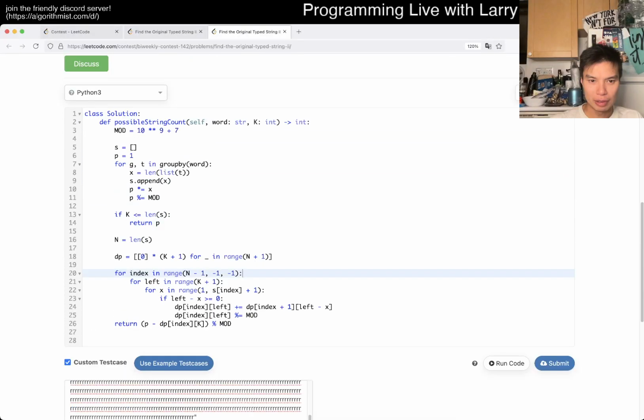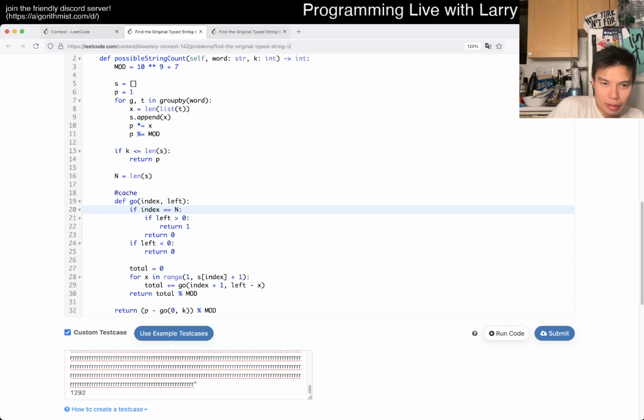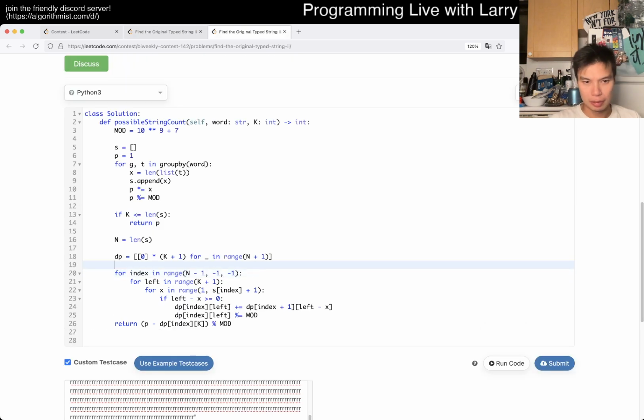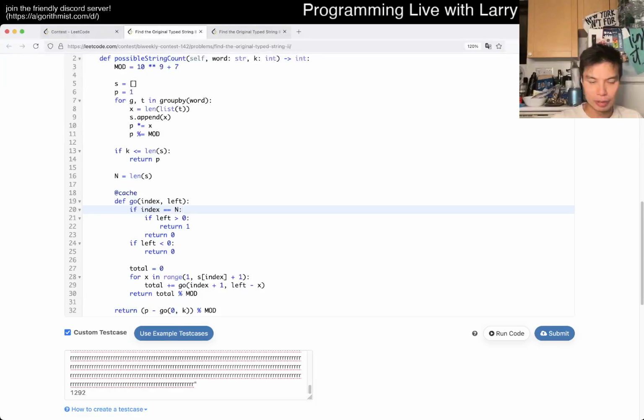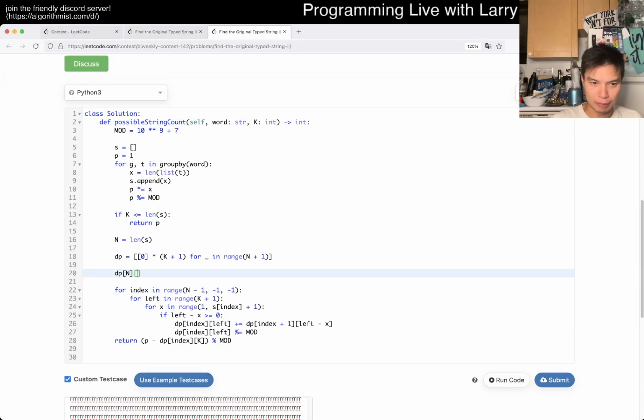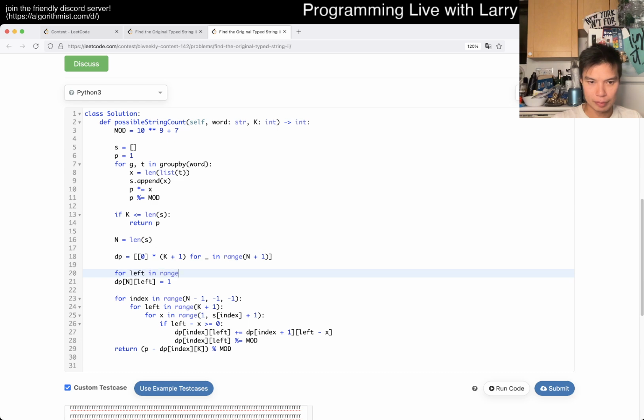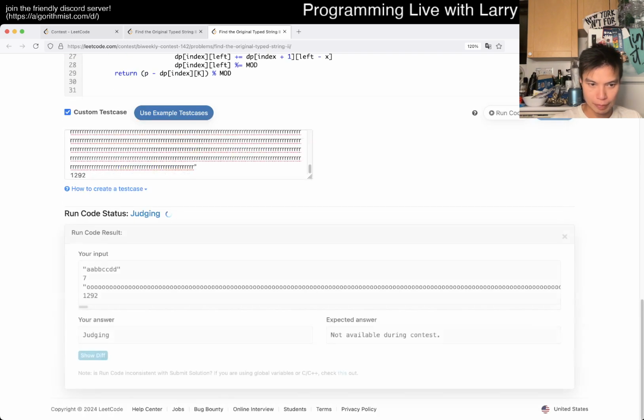So index is equal to n. So we just want dp of n of order left equals to 0. Okay, that's actually pretty straightforward.